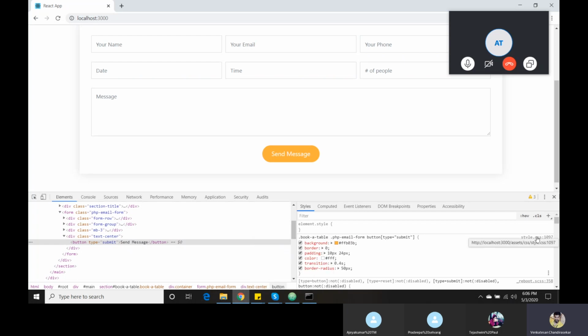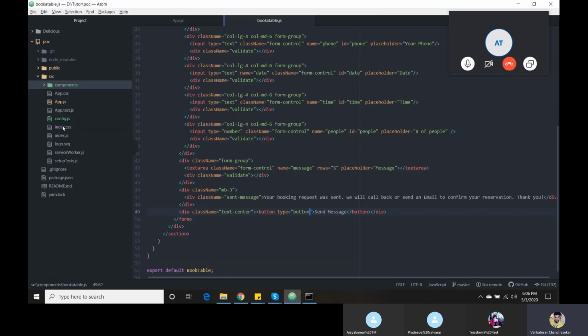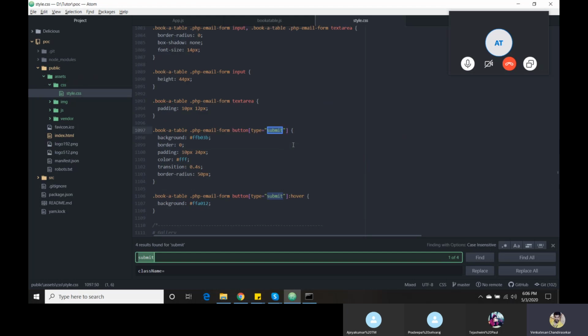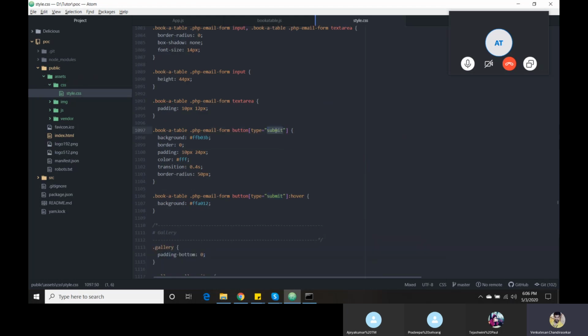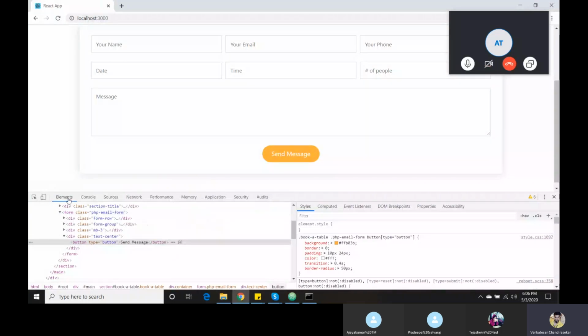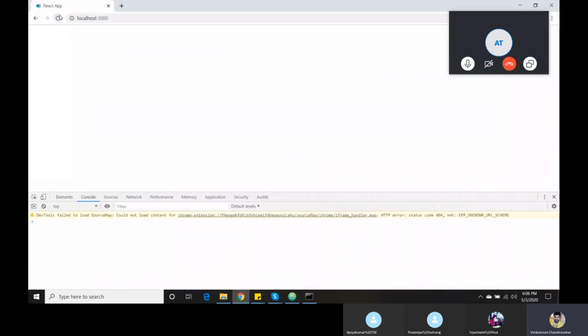Now I am going to change assets CSS style.css. Simply I am going to change my submit button. Here it is. Instead of button, I am going to change my type as submit. Probably it will work. Now it is working fine.